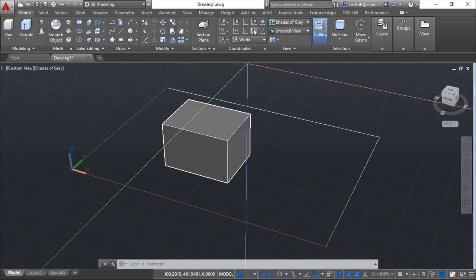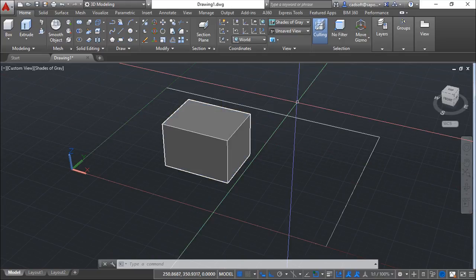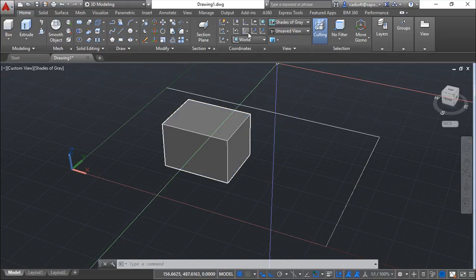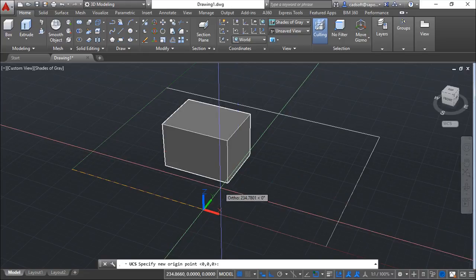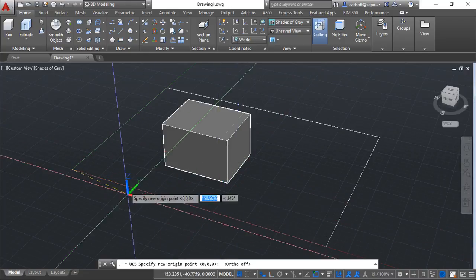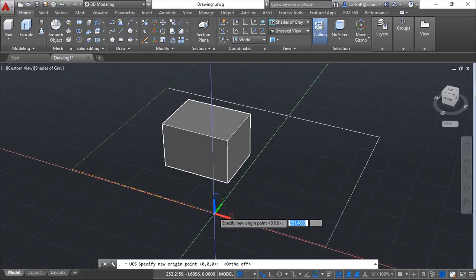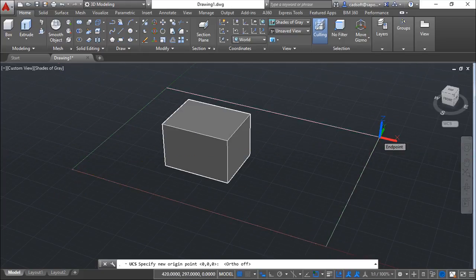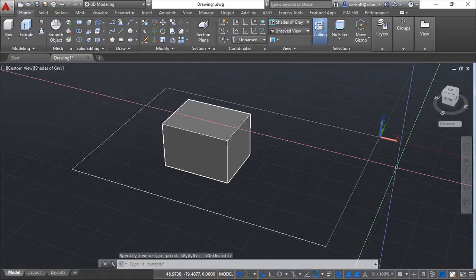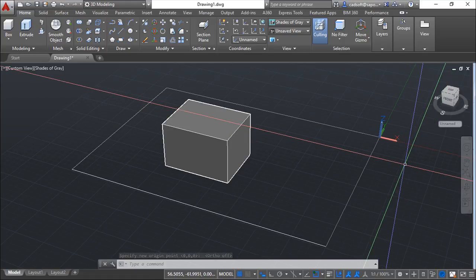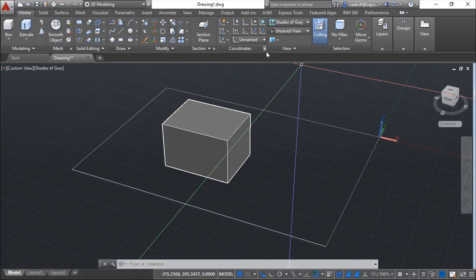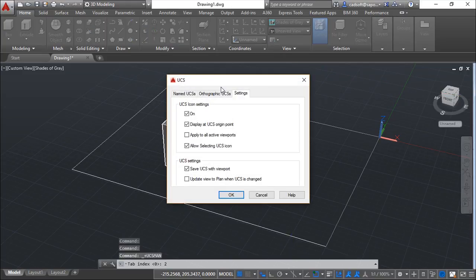These are ways to create by a point, by 3 points, on a surface, whatever, a lot of things. So what I will do now is to create a normal UCS by the origin. So here, I can place my coordinate system wherever I want. For example, here. Then when created, what happens is that if I open this dialog box here where I manage